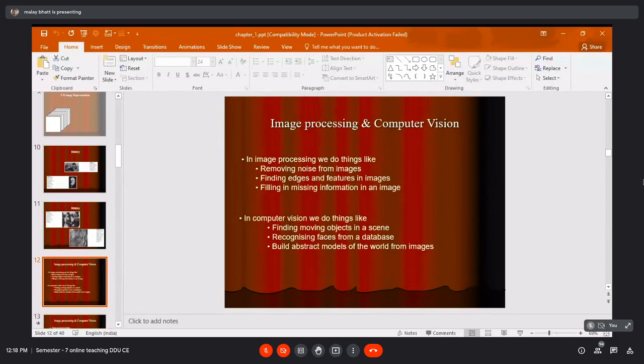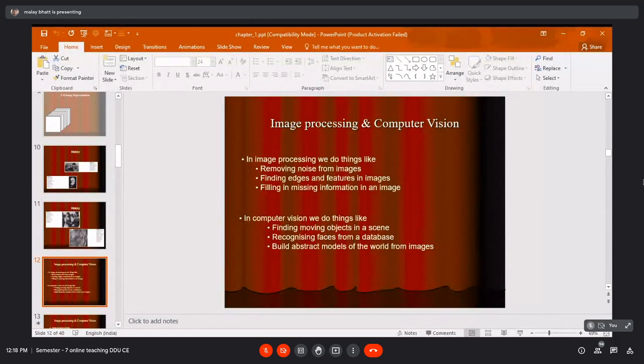If you consider any window of any palace, it has a specific design. But that window is not completely intact. You may find some portion of that window is missing when you take a picture. Through image inpainting, this field is known as image inpainting, you can fill that missing information, and that is known as restoration. It is one kind of restoration of the picture.